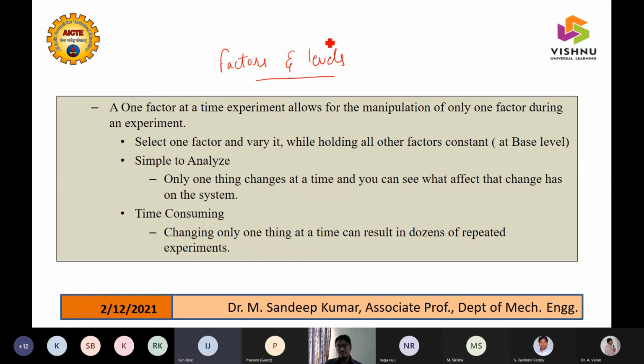With one factor at a time, we generally concentrate on the levels at which I can do the experimentation, or what the possible levels are. Sometimes you say, sir, I have gone through the literature, and from there I could find out these things, and it was much easier for me to select from there.